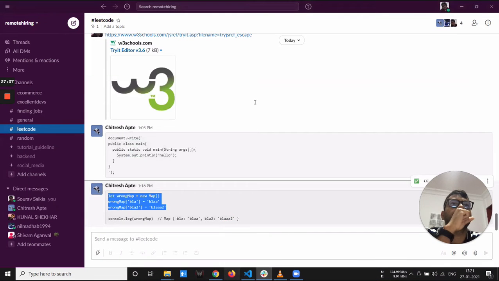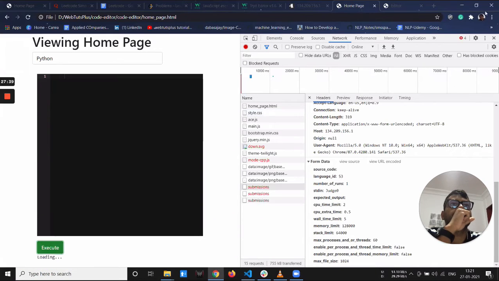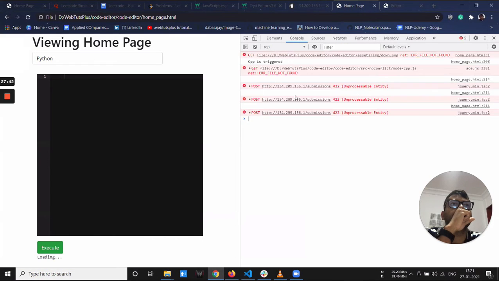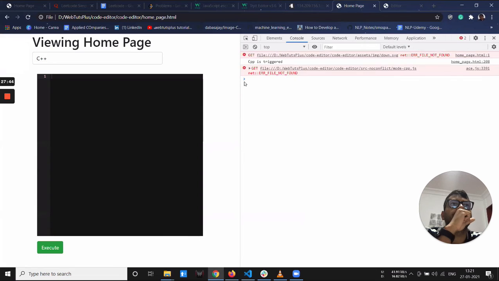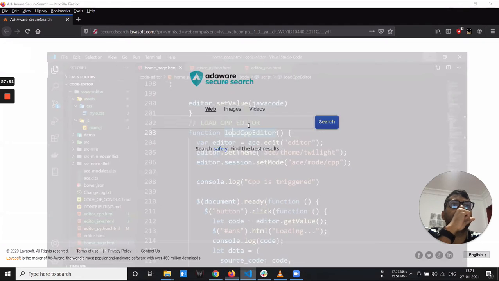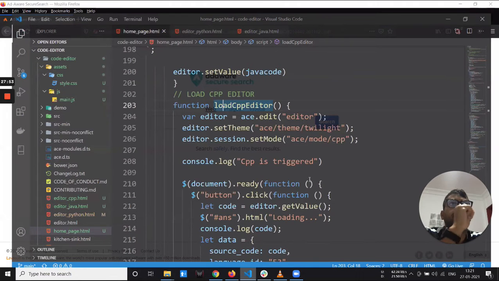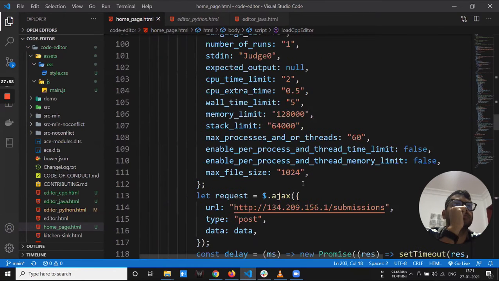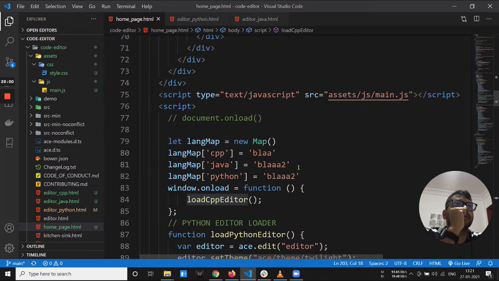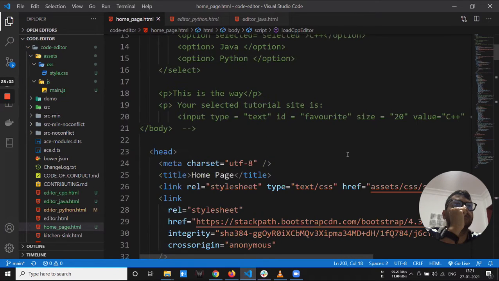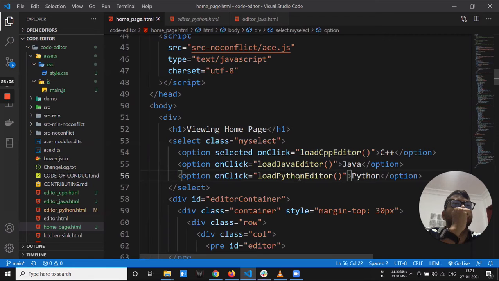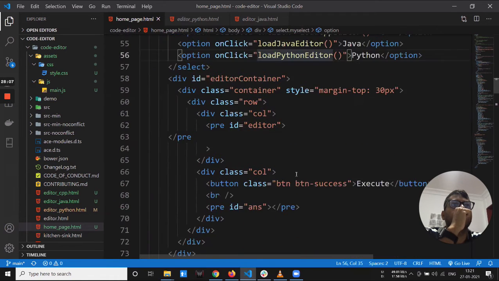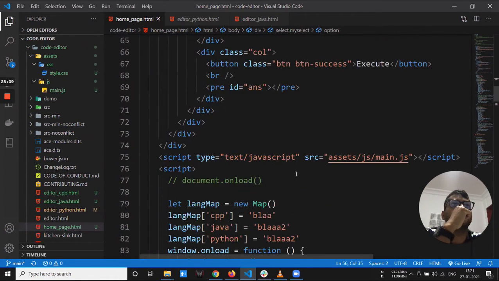Where is the code for the Python trigger? Go to the code, I want to see what happens in the code when you select that one. Here I have declared this on click. Yes, so go to load Python editor, and let's click on this function.